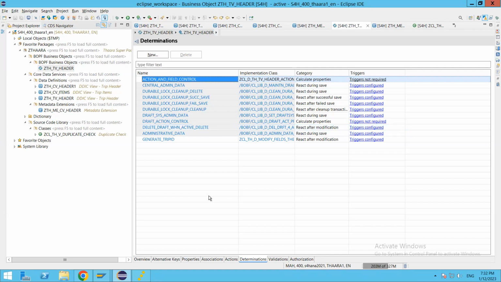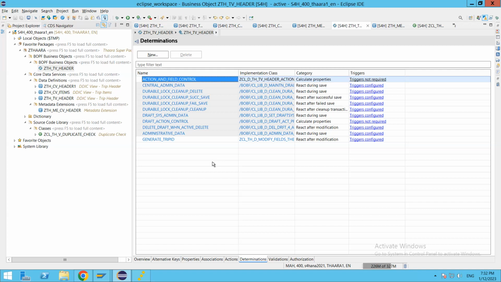ABAP programming model for Fiori with the transactional behavior, and this is what the transactional behavior is. So it doesn't mean you always need to look at the RAP point of view. As recommended by SAP, this is also the safe investment for the customer to implement applications in such a manner. So we don't need to worry. Okay, there is a RAP available, and we need to be on